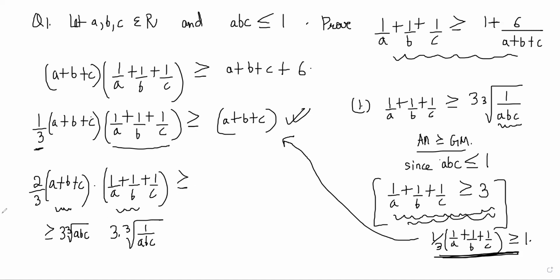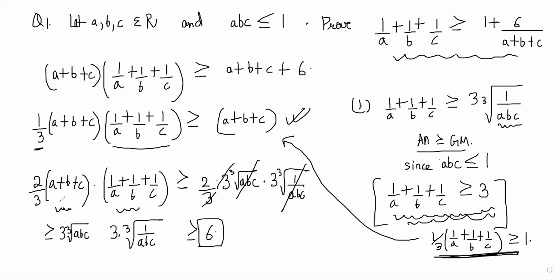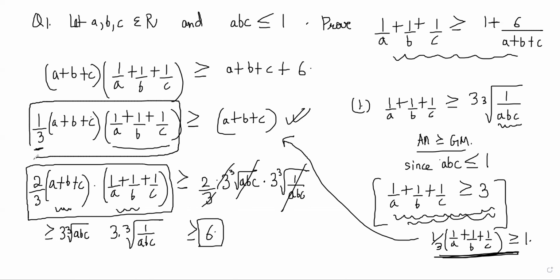So this whole thing will be greater than or equal to 2/3 into 3 cube root of abc into 3 cube root of 1/abc, where this cancels this and 3 cancels here. So this is greater than or equal to 6, right? So we have established that 2/3 of this is greater than 6 and 1/3 of this is greater than a